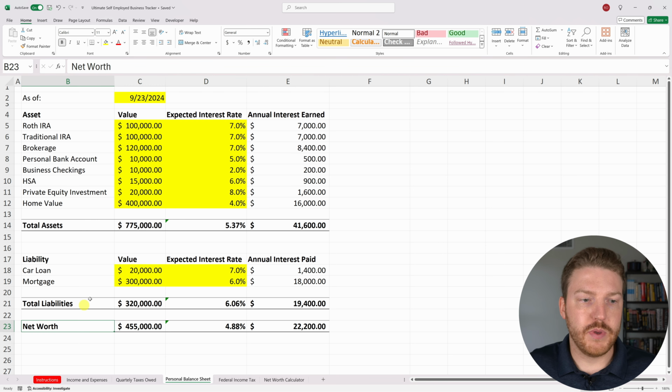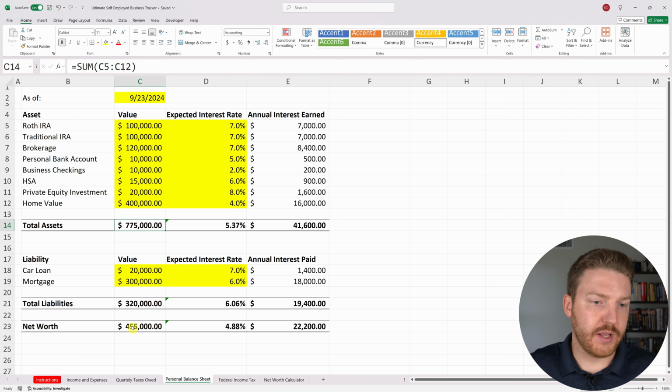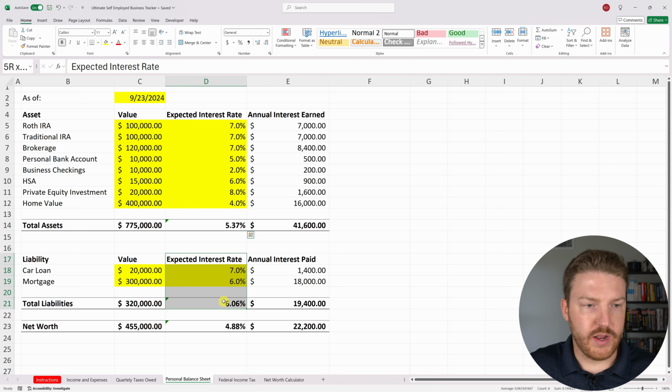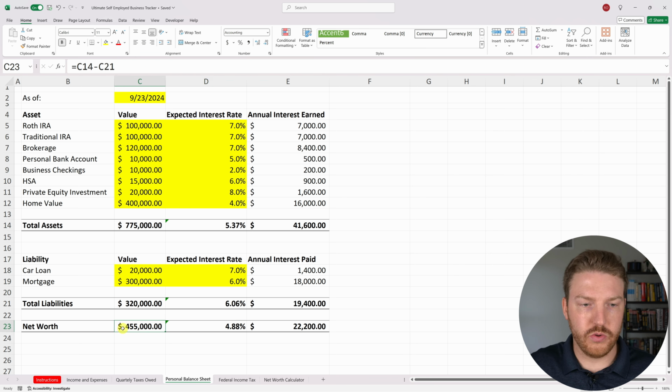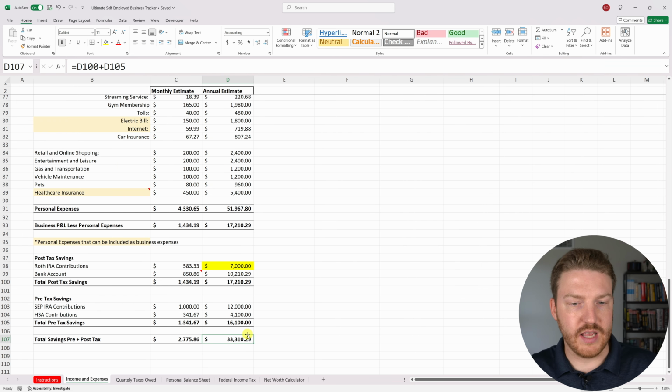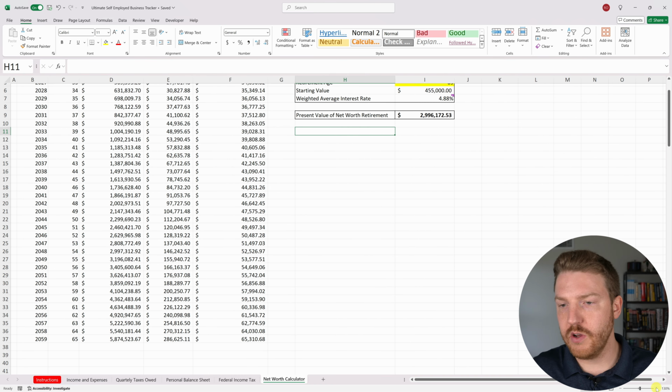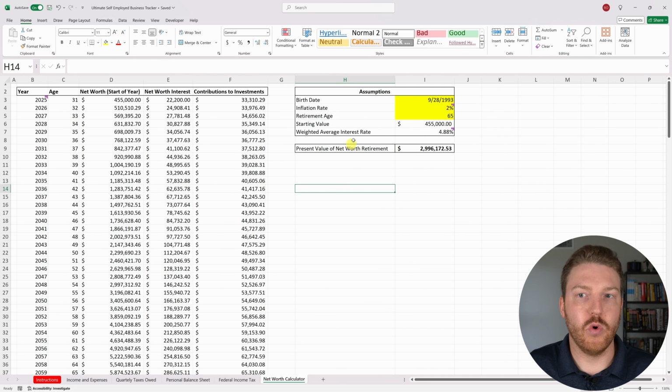Our net worth will be all our big assets minus all our big liabilities. And we'll come up with expected interest rates for each of those, and the interest rates for our liabilities, to come up with a total interest rate, a total net worth. And then once we have all that information, plus we know how much we're saving each month, we can start to do this estimate where we're going to try to figure out our actual net worth,